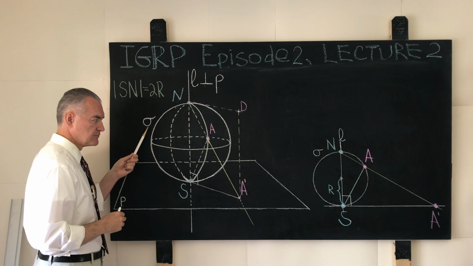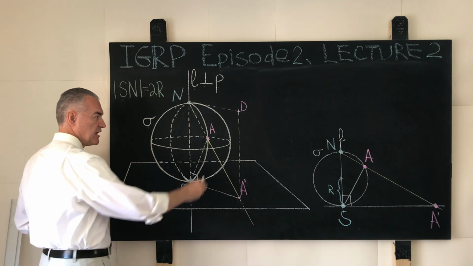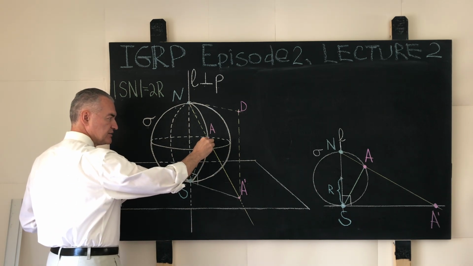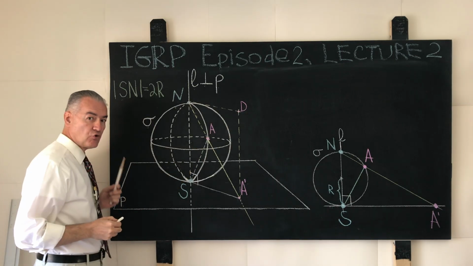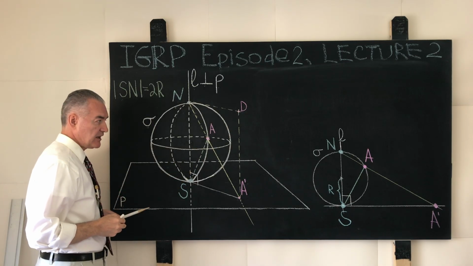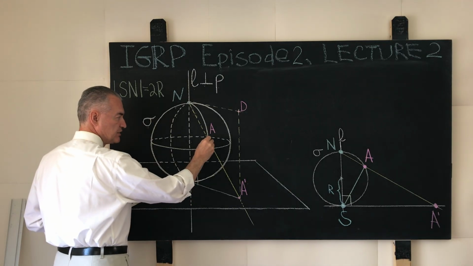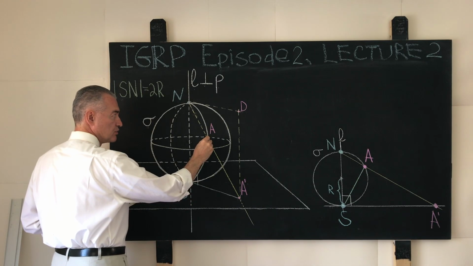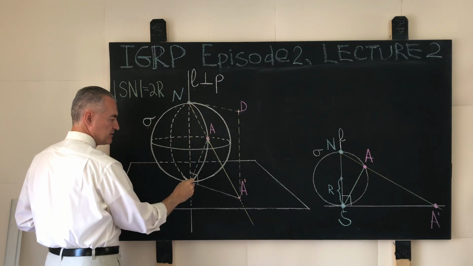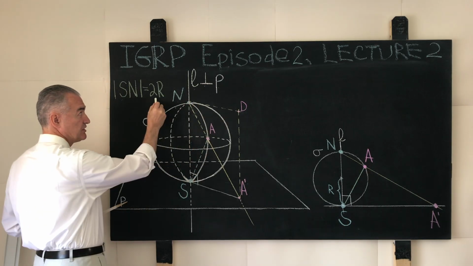And that means that that point is the vertex of an inscribed angle in a circumference, because from the point A, what do we see when we look at the points N and S? Precisely, we see the diameter